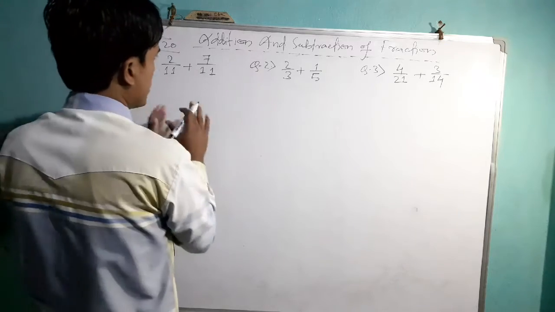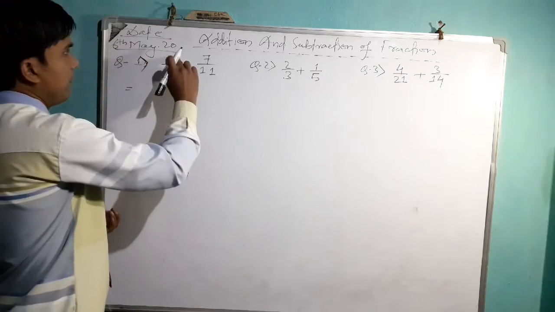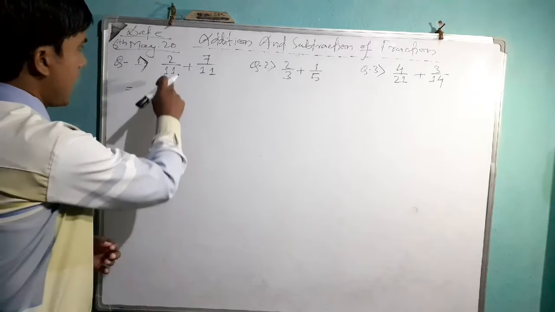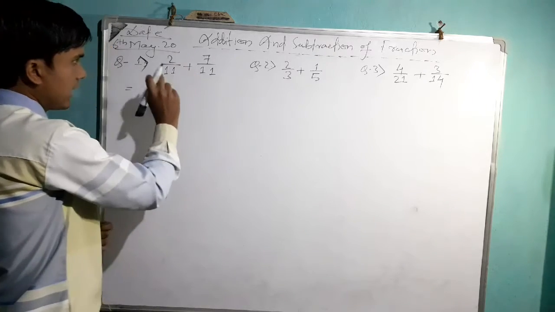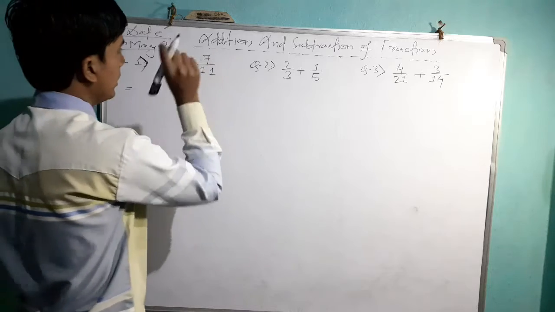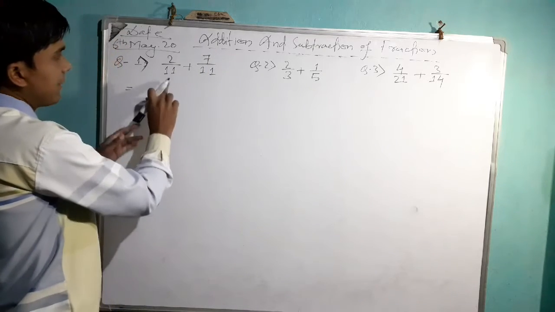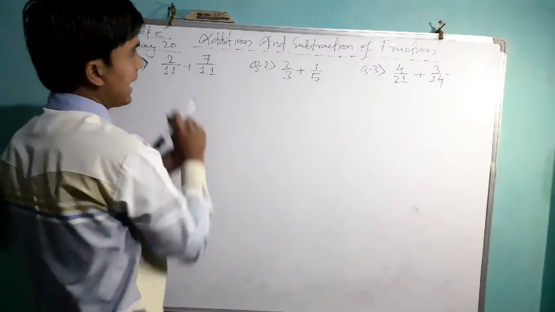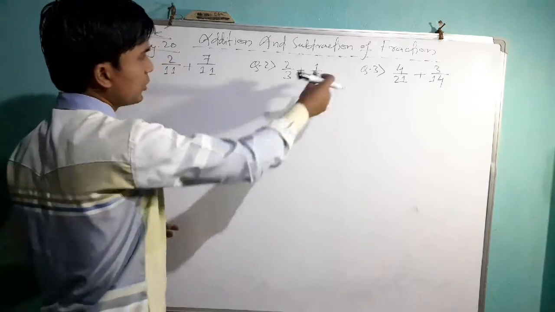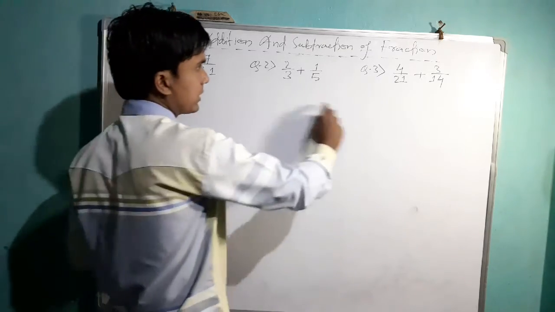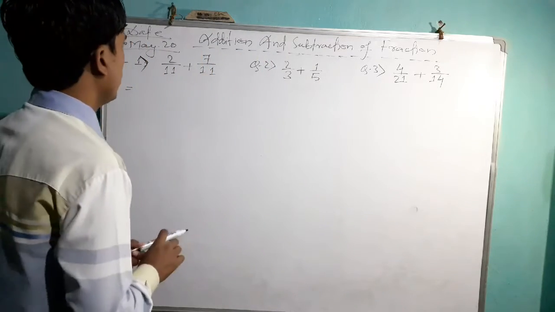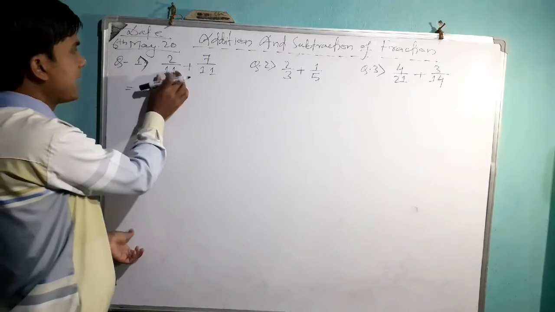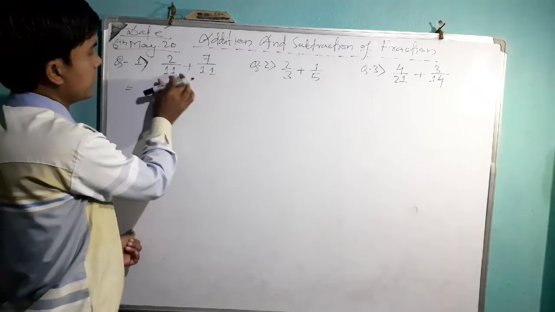In this type of questions, the upper number is known as the numerator and the lower one is called the denominator. So we have numerator and denominator. In the denominator we have 11 and here also we have 11. In the second question we have different denominators, and there we'll do something a little different. So at the first, what we do, we find the LCM of the denominators.